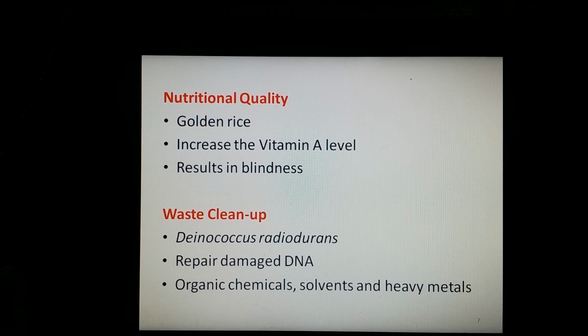The next application of bioinformatics is waste cleanup. Bacteria and microbes are helpful in cleaning waste, and one species of bacterium is Deinococcus radiodurans, which has also been mentioned in the Guinness Book of World Records. And why has it been mentioned? Because this bacterium has the ability to repair damaged DNA and small fragments from chromosomes by isolating damaged segments from concentrated areas.